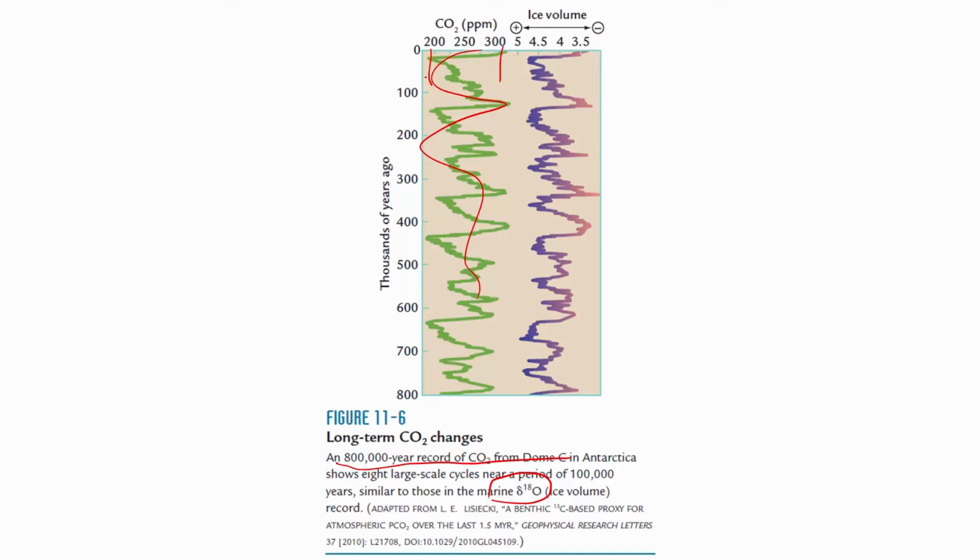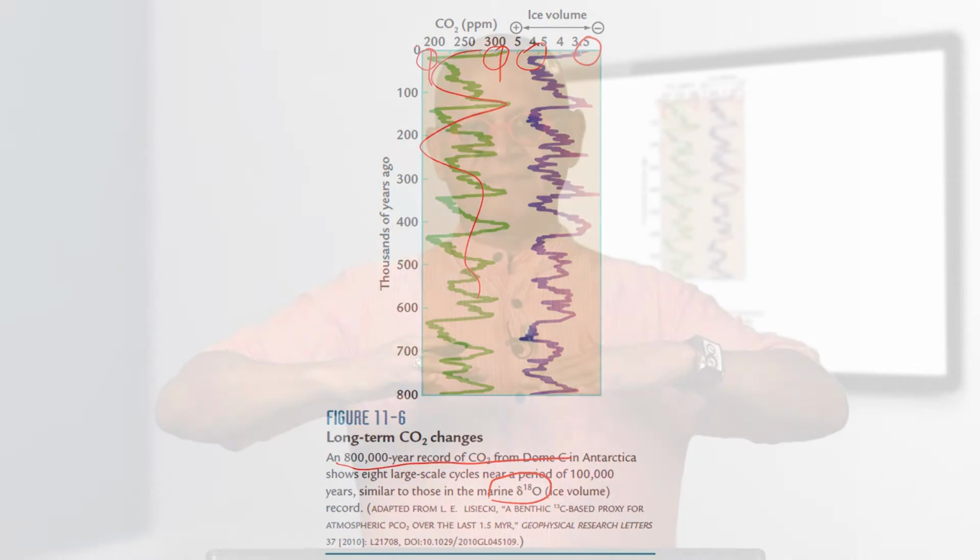It's about 100 ppm. When glaciers are high in volume, so this is less volume here, more volume here. So when volume is reduced, CO2 is at 280 ppm, that is our pre-industrial value. When glacier grows, CO2 is somehow taken out of the atmosphere, reduced by about 100 ppm. There are several theories as to why this happens. It's not completely understood exactly what determines how big the change is, but it basically involves vegetation being covered up